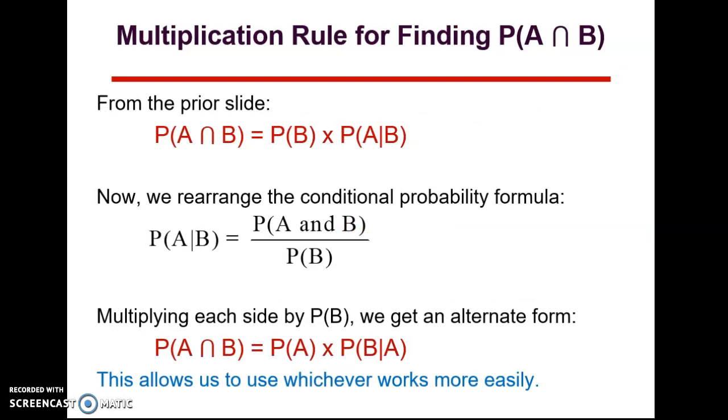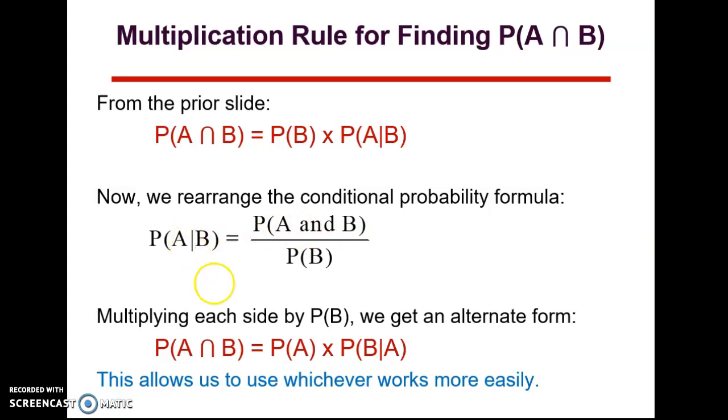So from the prior slide at the top we have the probability of A intersect B is equal to the probability of B times the probability of A given B. Now we can rearrange this conditional probability formula we started with by multiplying each side by the probability of B. That'll give us over here the probability of B. Here it'll cancel. We'll have probability of A and B, or A intersect B on this side. And over on this side we'll have probability of B times the probability of